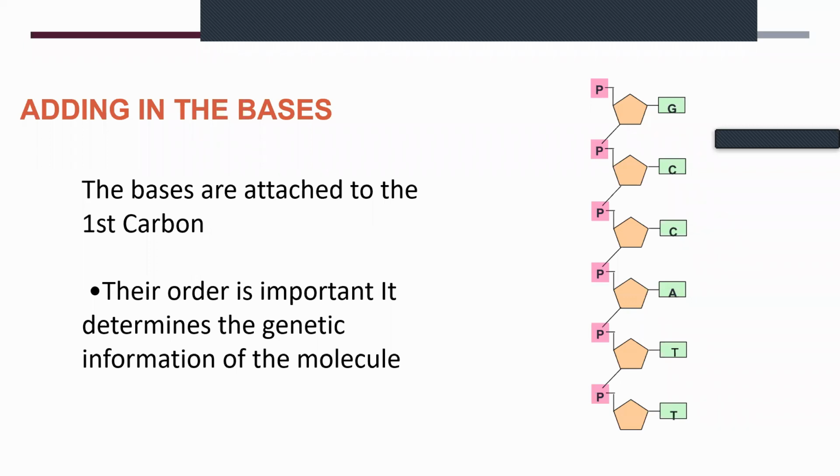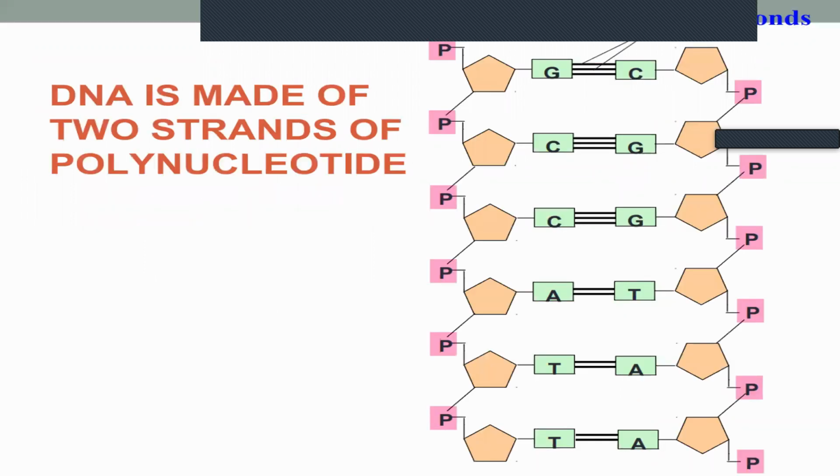all the codes will synthesize different proteins, right? So this sequence is important. We are going to see what are the codons and everything. That also we will see in the future, next lecture. But right now you have to remember that कार्बन नंबर 1 पे अटैच होते हैं, पहली बात। दूसरी चीज, इनकी सीक्वेंस इंपॉर्टेंट होती है। Now DNA is made of